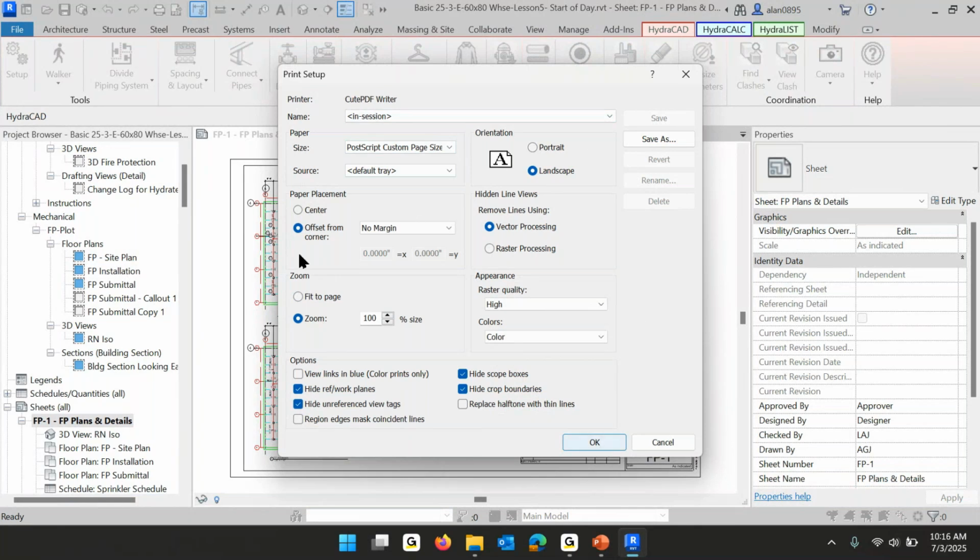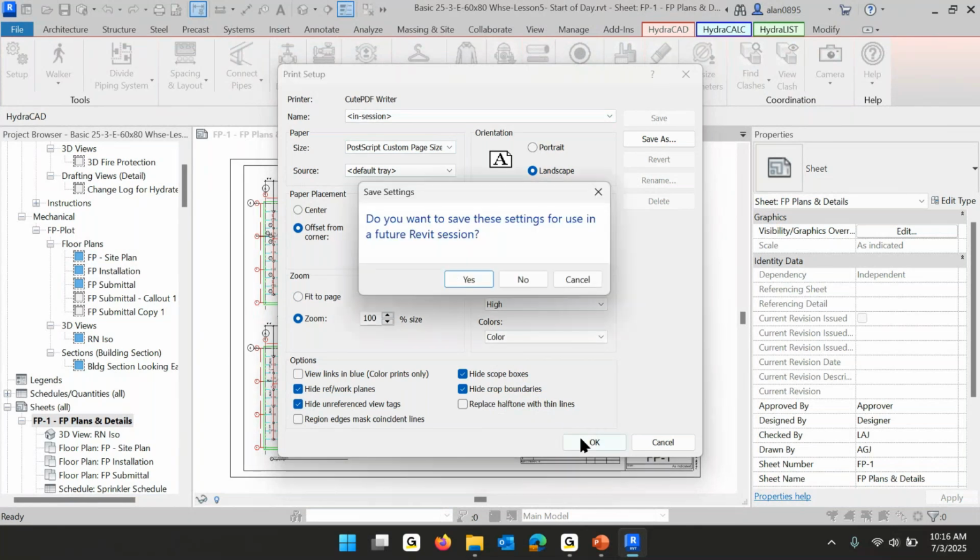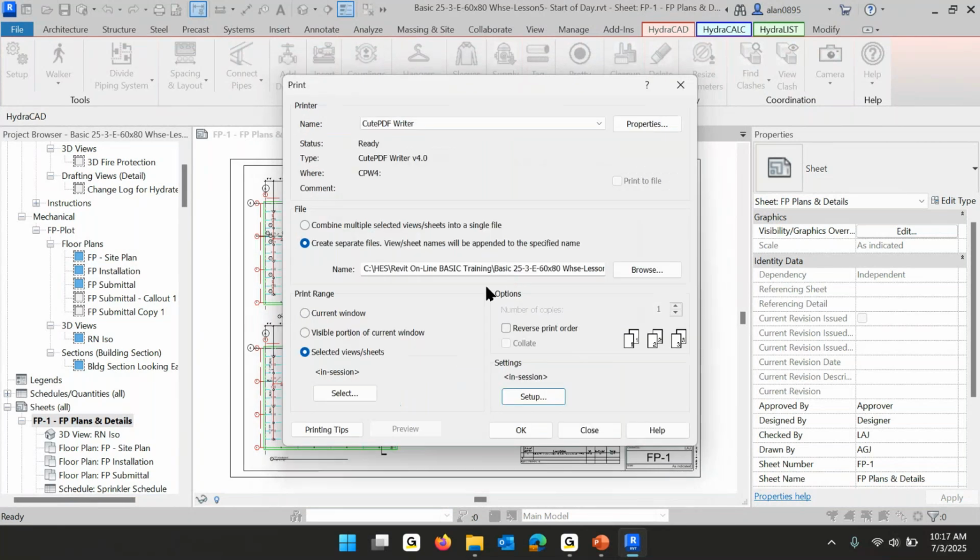That's it. I'm going to okay this and then say no to this just because these settings are simple enough and I like to think about them each time I do it, but you could save it and give it a name. And then next time you just say use that name. And